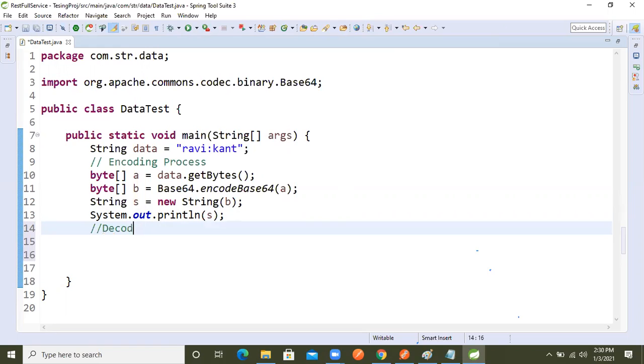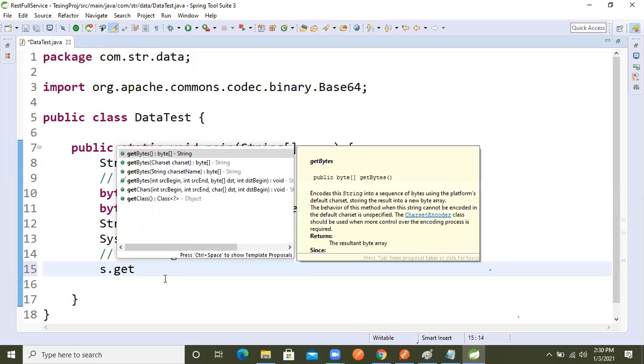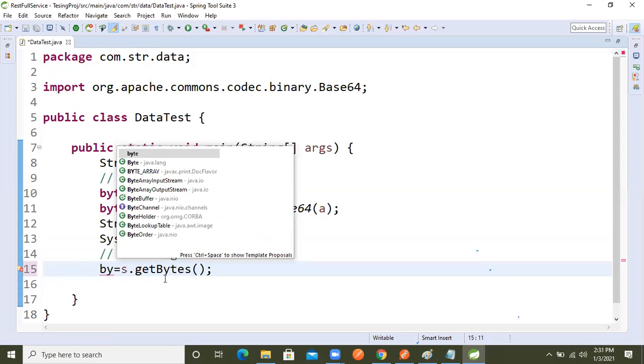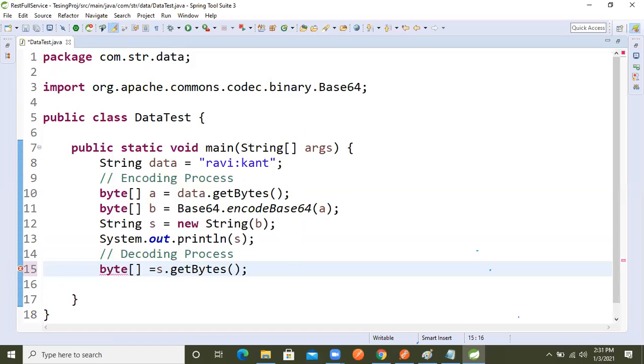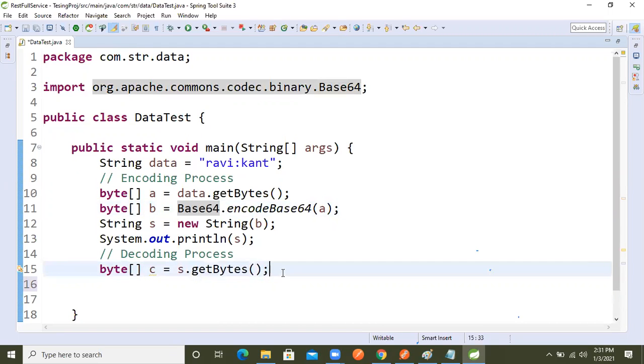Decoding process. Now we are going to perform the decoding process. Here we have the encoded string, so we call s.getBytes, which again returns a byte array only. I'm holding it in c. Again here we will take the base class,